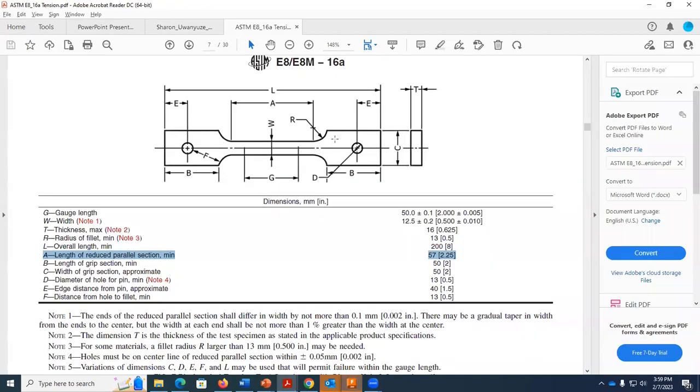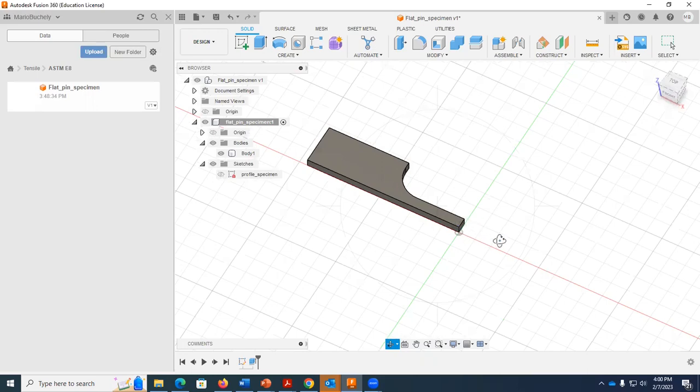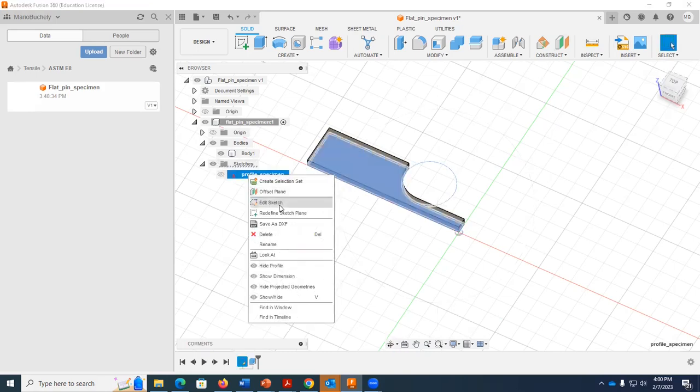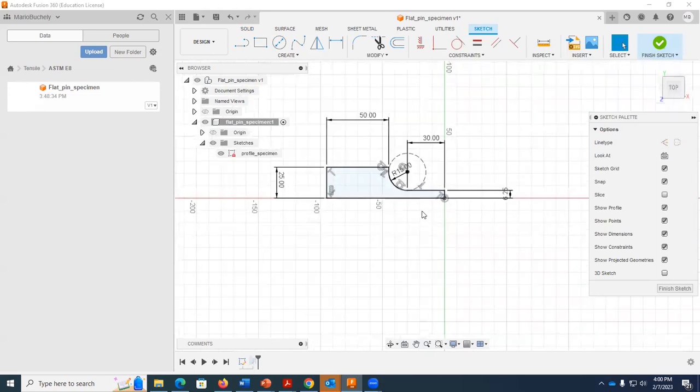But we want to design the whole thing. So we can create a mirror here. We can do it in different ways. There are some ways to do it here in the 3D view, but let's go to the profile. So I'm going to select the profile and edit sketch. Okay. So what I'm going to do is create a mirror of this profile